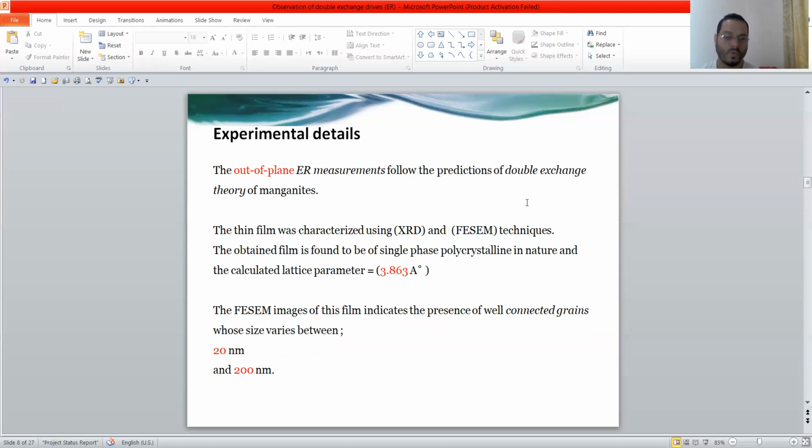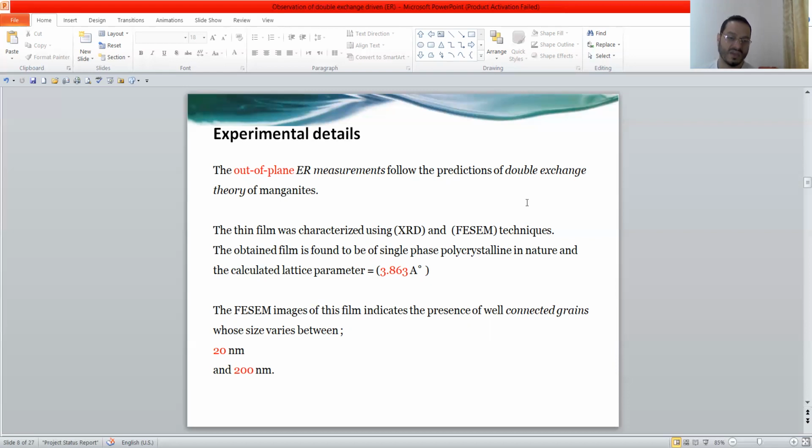The thin film was characterized using X-ray diffraction and field emission scanning electron microscopy techniques. The obtained film is found to be of single-phase polycrystalline nature, and the calculated lattice parameter is approximately